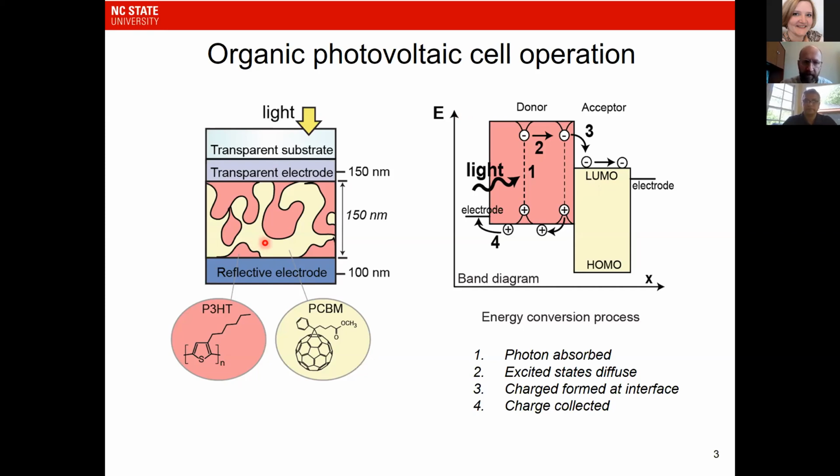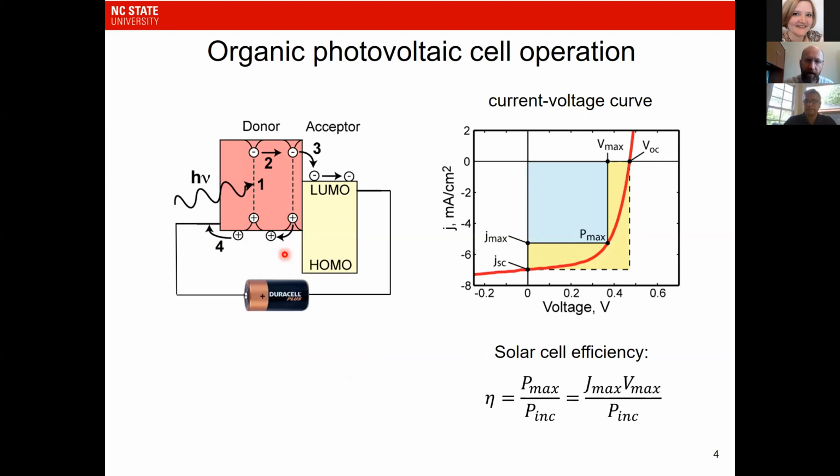And the morphology is a little bit more complicated than that, and I'll get back to that later in the talk. That's the basic idea. If you look at this for the purposes of, let's say, a solar cell, light would come in, you'd have that energy generation process and charge collection, and you get a current voltage curve that looks like this. The maximum power out would be the product of the current and voltage. You divide that by the power of the incident light, and that would give you the efficiency